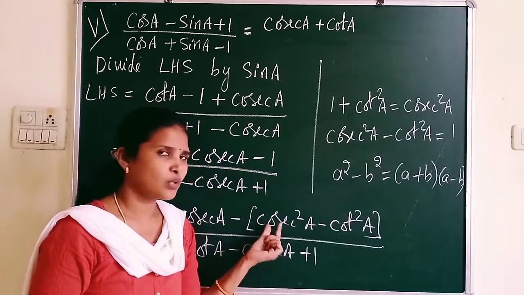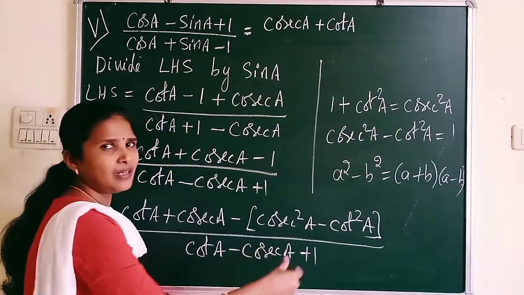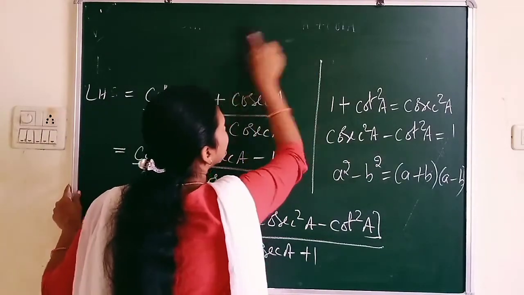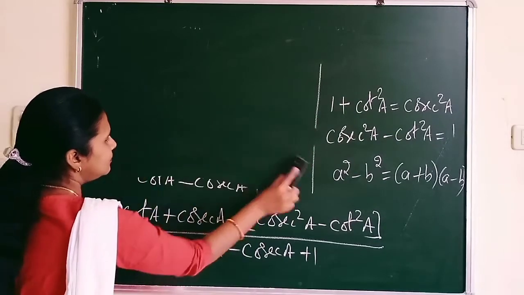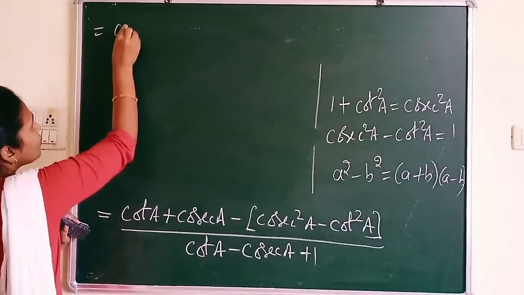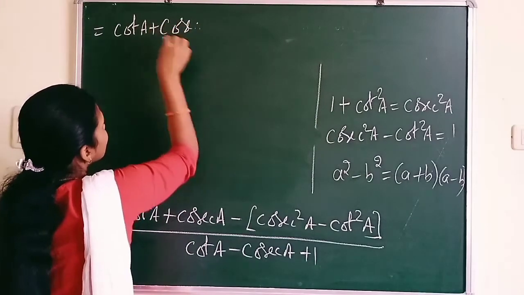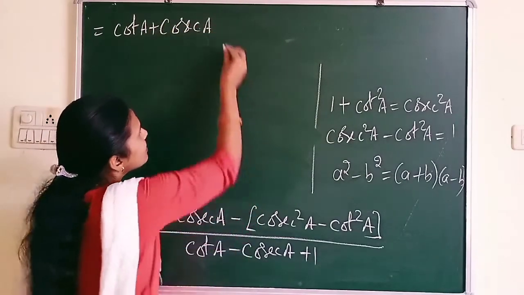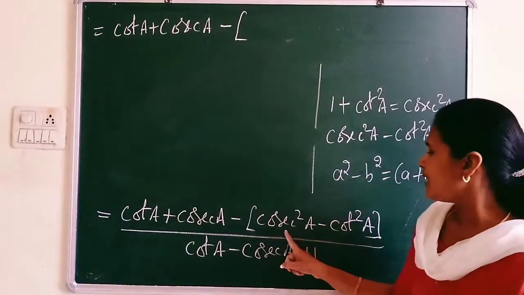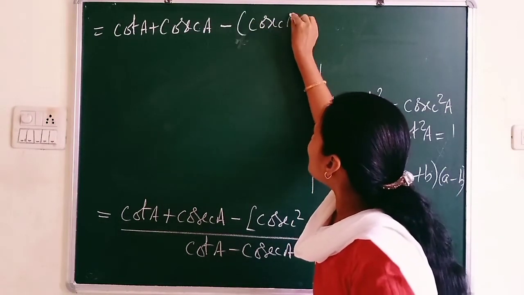In place of A you have cosec and in place of B you have cot. So let us rewrite this bracket again into an algebraic identity. Now write these terms as they are, that is cot A plus cosec A minus, and this bracket you rewrite using the algebraic identity A plus B into A minus B. So what happens? A plus B into A minus B, that is cosec A plus cot A